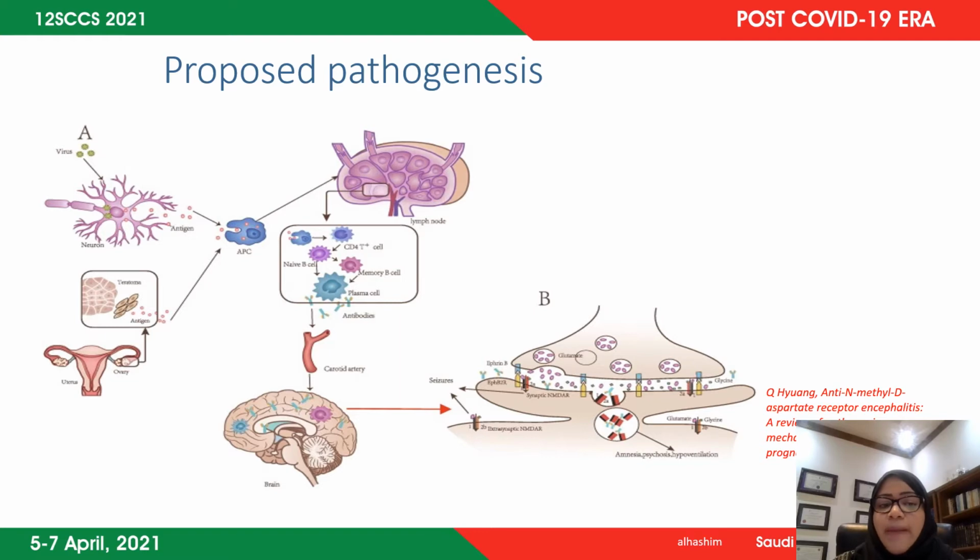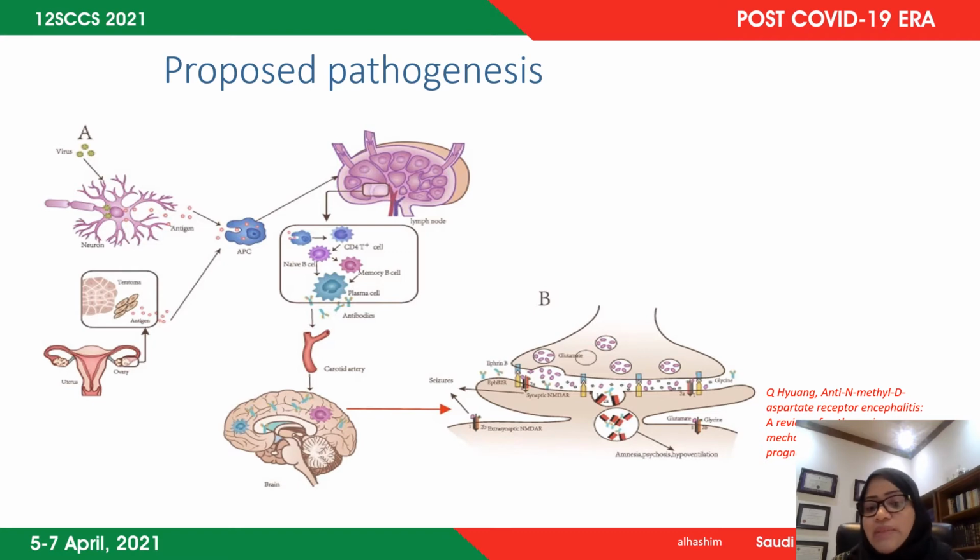Those antigens will be processed by antigen presenting cells, and antigen presenting cells usually go to a lymph node, and that will trigger an inflammatory response, an immune response against the anti-NMDA receptor antibody, will create memory B cells and